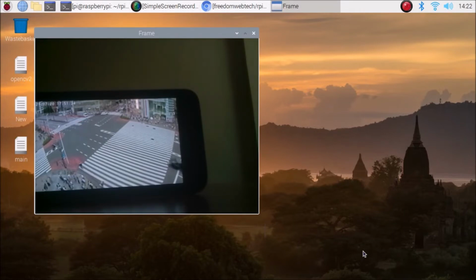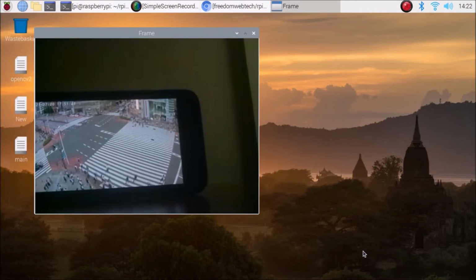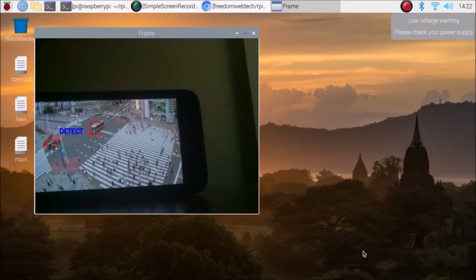But I have my Raspberry Pi 4 camera module here, so I have used the camera module to detect the live frame. So friends, just install OpenCV and configure whichever camera you have. If you have a USB camera, you can connect that. If you have the Raspberry Pi 4 camera module, you can go with that also.